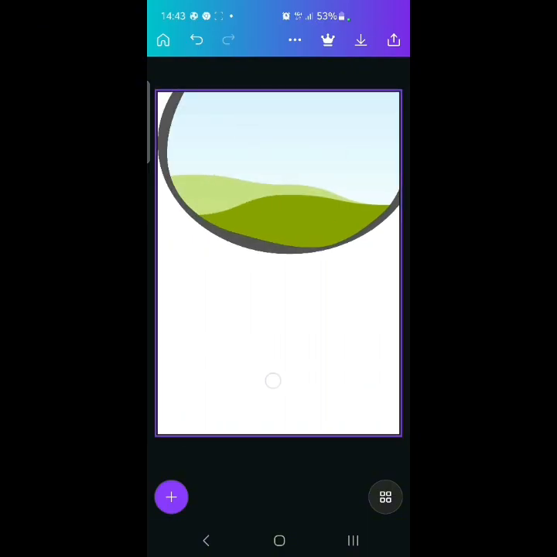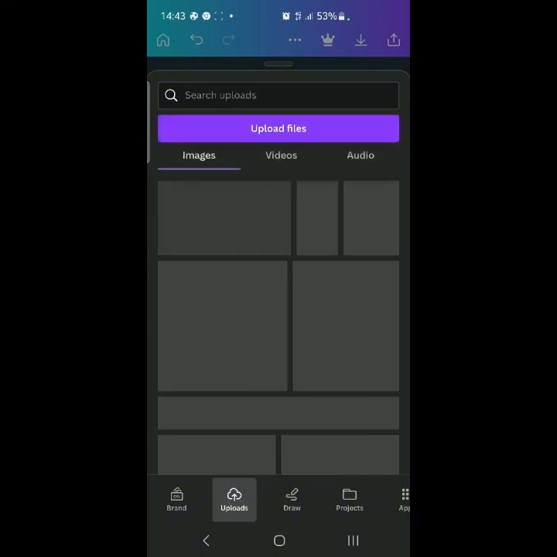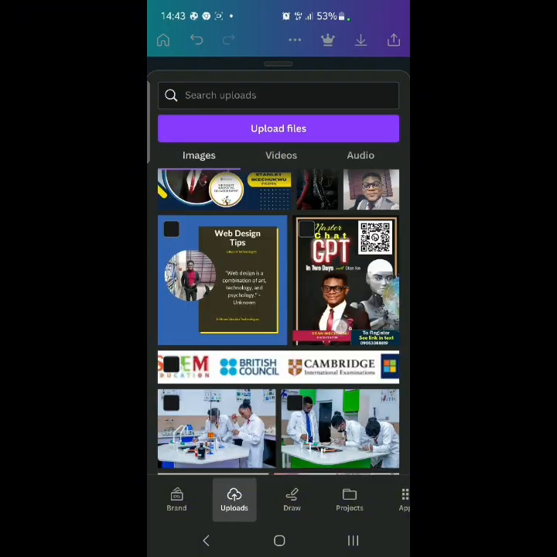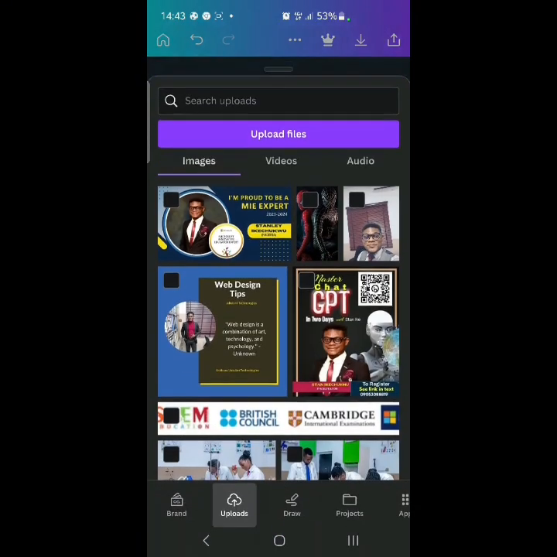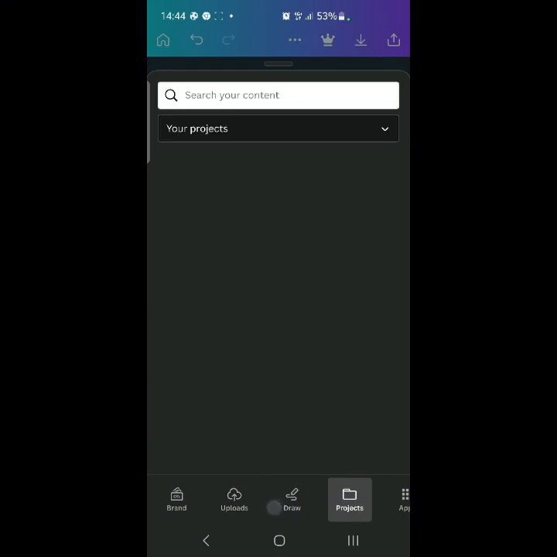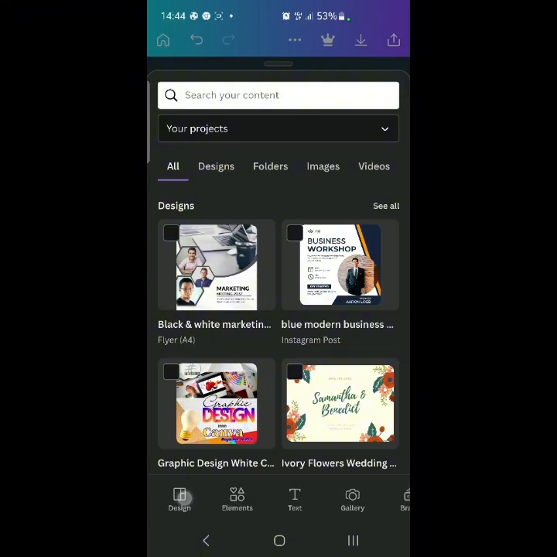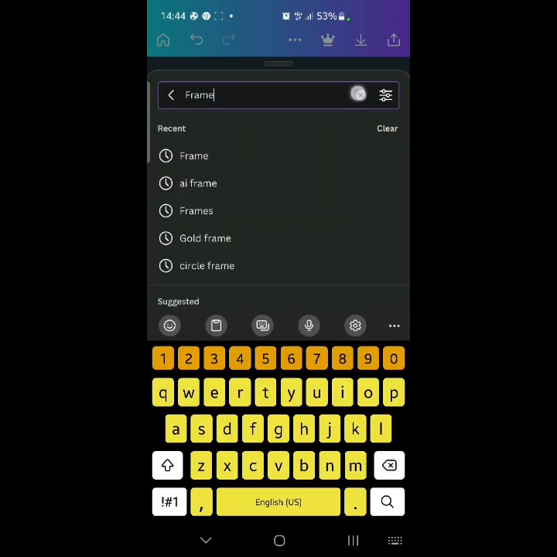Okay. So once again, we'll click the plus sign at the bottom left and go to, what picture is that? Laptop, right? Let me go to uploads, to see if I've already uploaded any picture like that. None of it. So what do I do? I would need to search for that. Now I cannot search for it in my uploads because I have not uploaded anything like that. So what I need to do is just go back to design, look at elements, right? Click on elements and then type